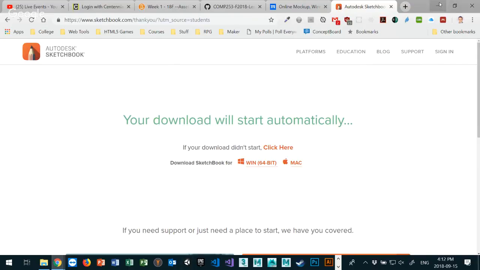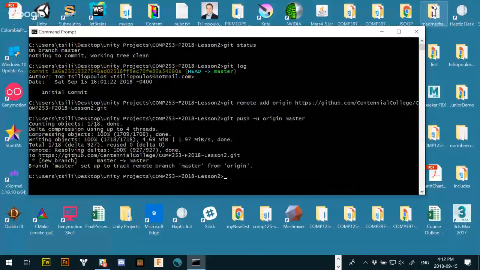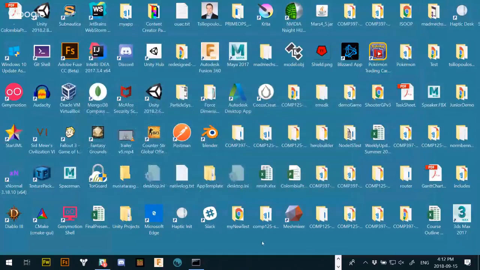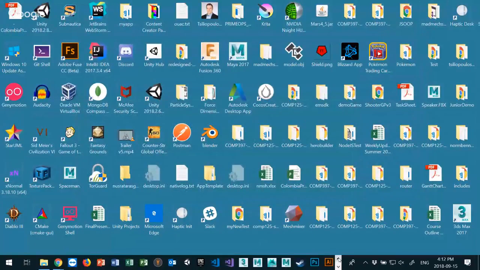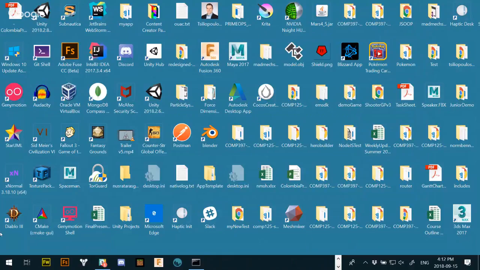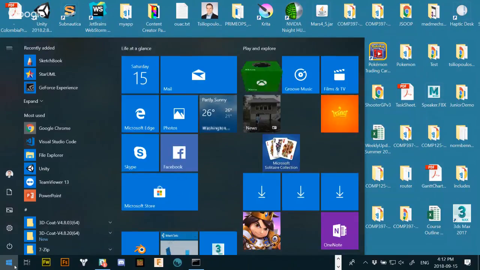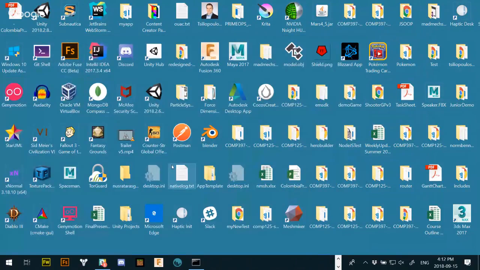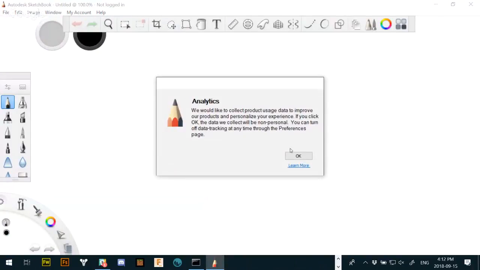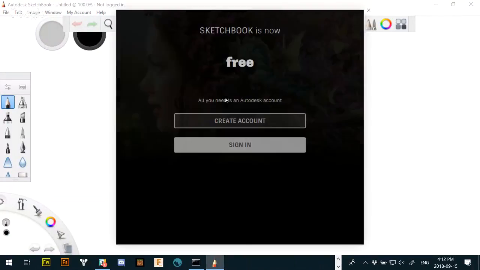And what I want to do is bring up my Autodesk Sketchbook. It should have created a space for me somewhere, but who knows what it's done to me in this expanded view, right? So let's just search for it. So I'll say Sketchbook. There it is. All right, cool. Analytics, okay. So Sketchbook,